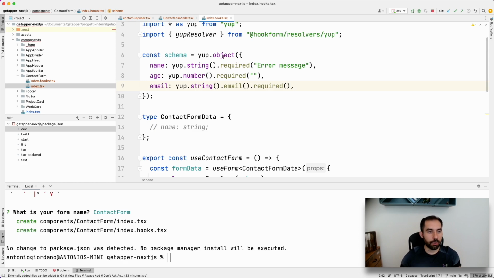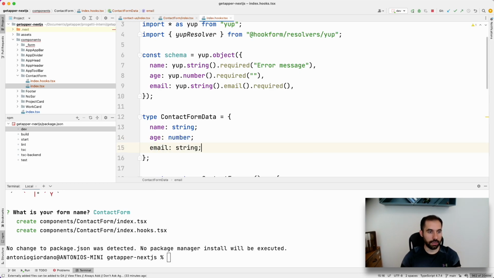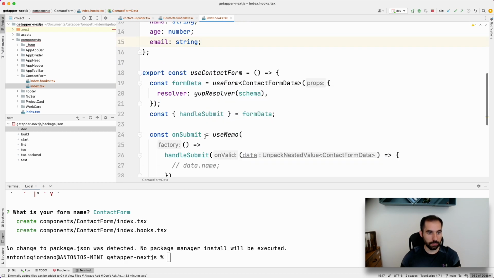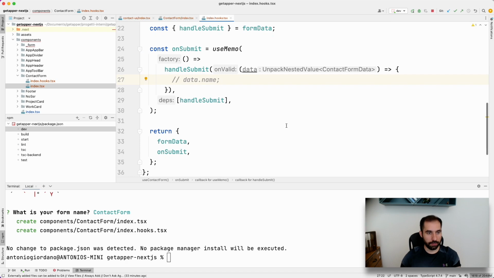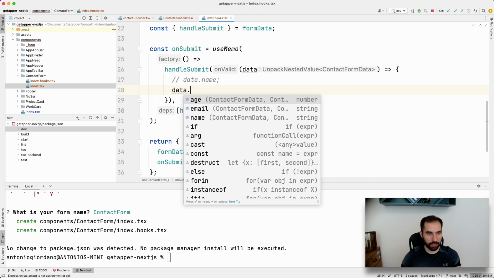So this is how we want to validate our schema. Again, for more details about Yup and how it works, the validation for each specific case, I remind you to check the documentation. Here instead we can specify the same object TypeScript interface. So name will be a string, age will be a number, and email is again a string. So again, here inside our data, we will find all of these variables, age, email, and name, and here we can dispatch an action, send this to our API,